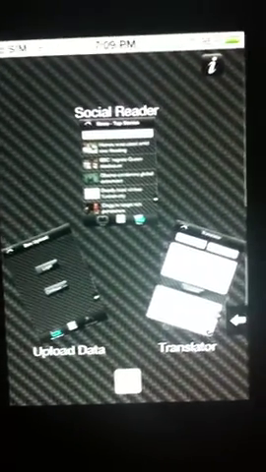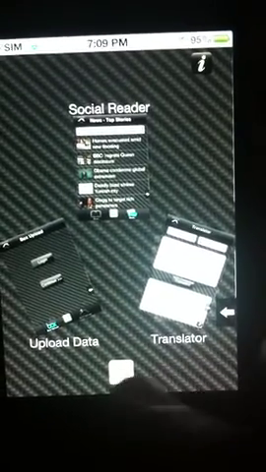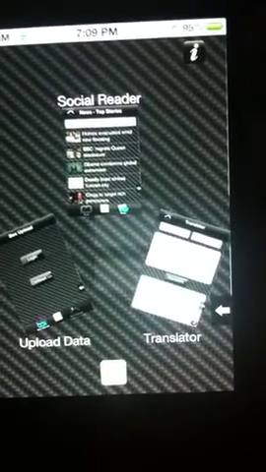Page by page, so I can read the whole content of the book which is present over this. So this is all about the book section. So going back to home, so here's my home view again. So let's have a quick look over the next functionality, that is translator.